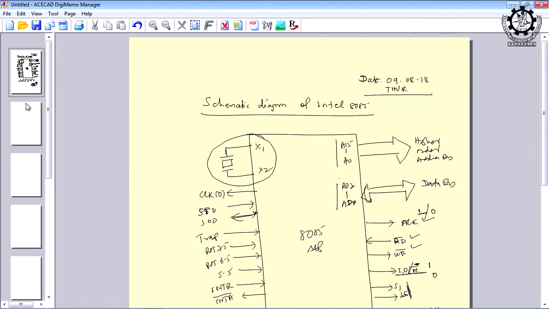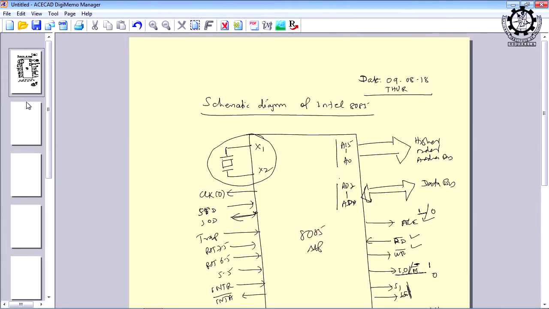The chips which are associated with 8085 or which are working in parallel with 8085 are also treated as peripheral devices or IO devices, and they need a special designation. At the same time, they need a clock, which may not be the same as the clock speed of 8085. They may be operating with a different clock, and that different clock can be generated with the help of another